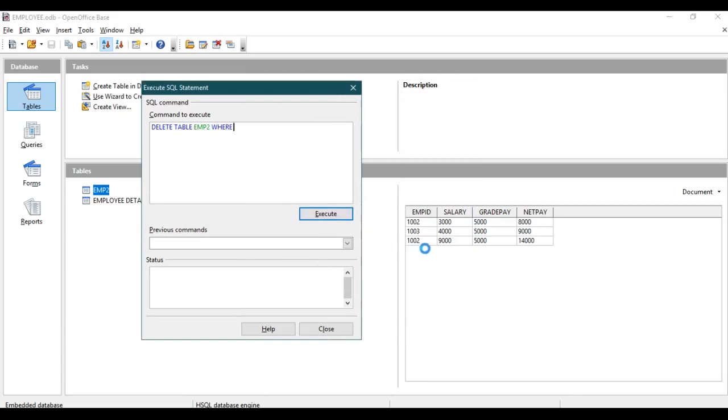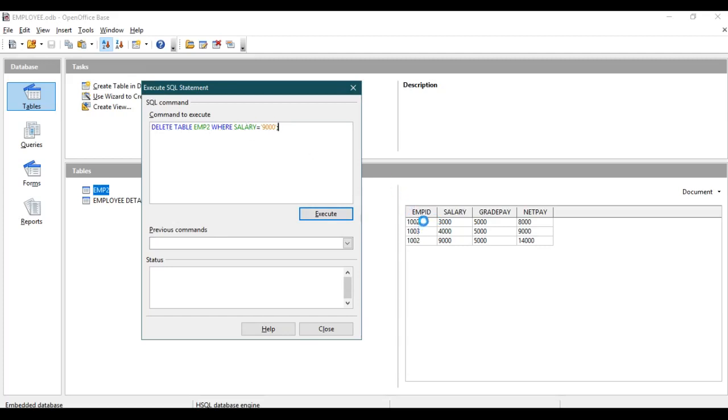So what record do I want to delete? Salary 9,000. I'm going to give salary equal to within quotes 9,000. Semicolon. So this is the statement for deleting the records in the table. So delete table, table name, where you can give the condition as salary equal to 9,000.